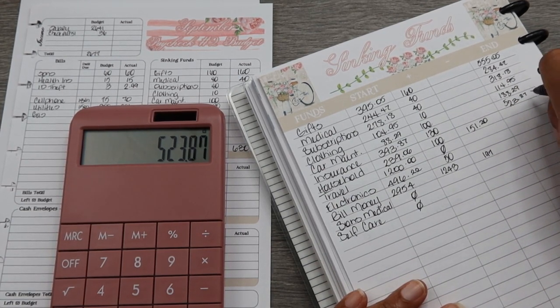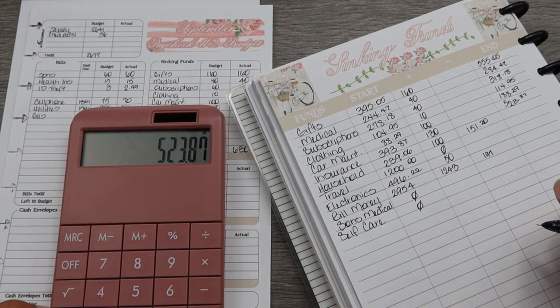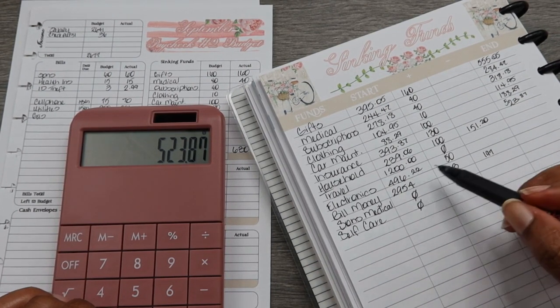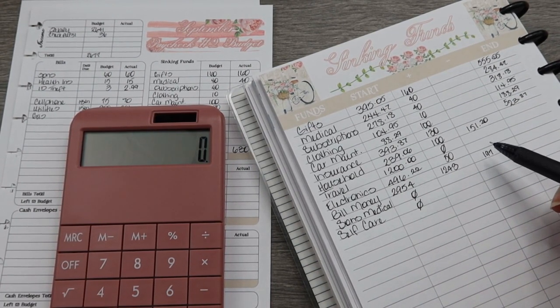The next payment I have to make for my car insurance, I think that's in January. All right, now the next one is household. I started off with